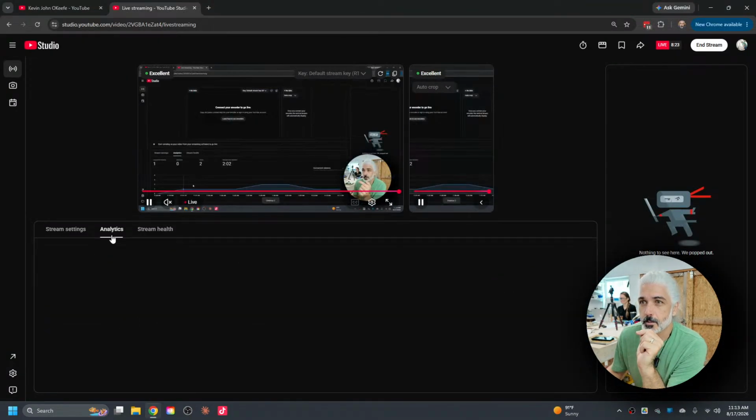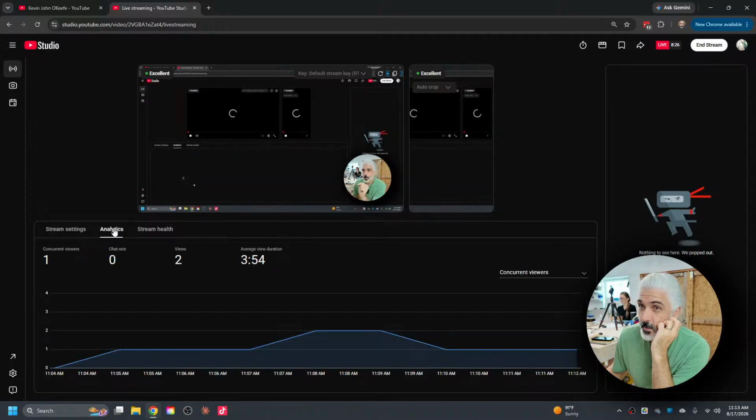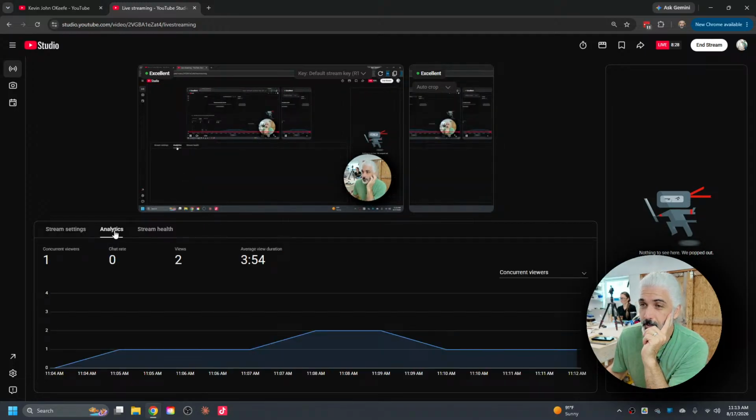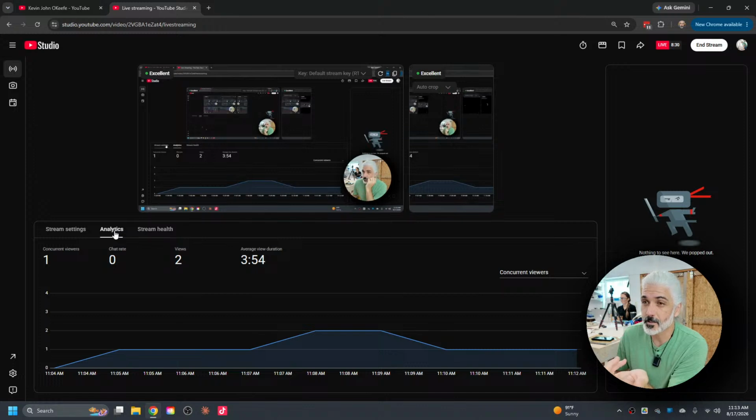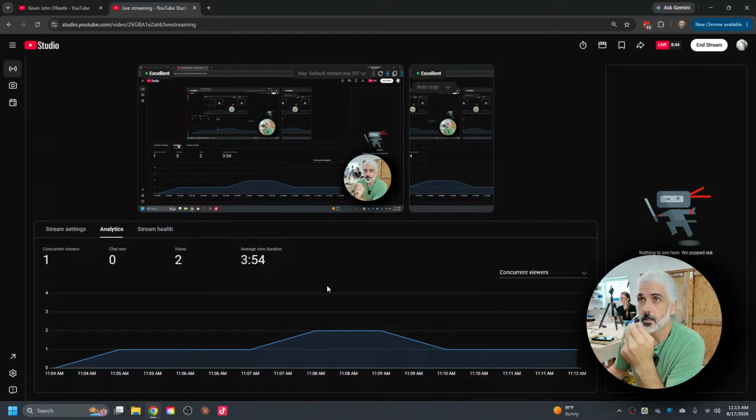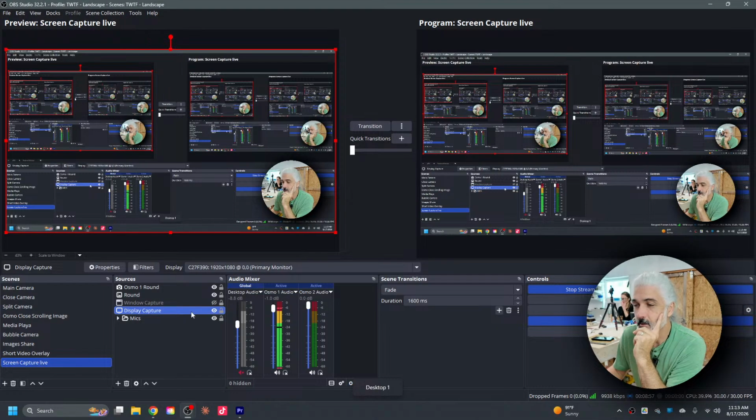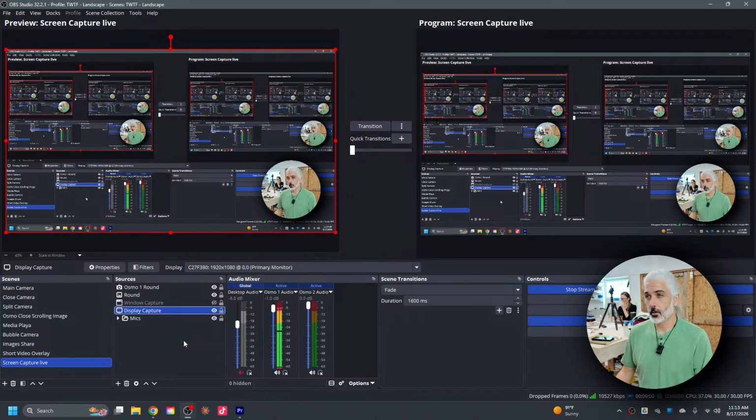I know that if I show the stream settings, that's where my URL keys are, and someone could hijack the feed in the middle of the stream. So I purposefully selected analytics so that someone couldn't jump over. I don't think there's anything here that could be dangerous. But anyways, we thought we'd try it out.